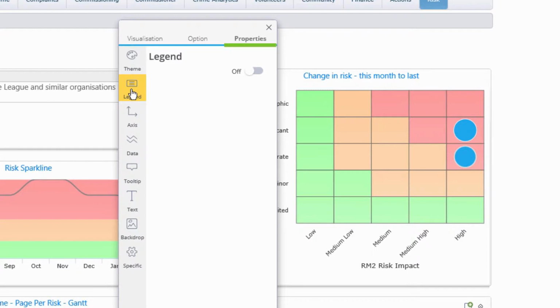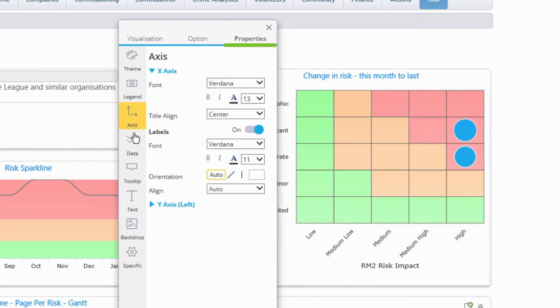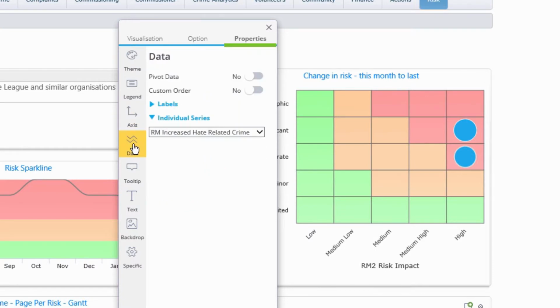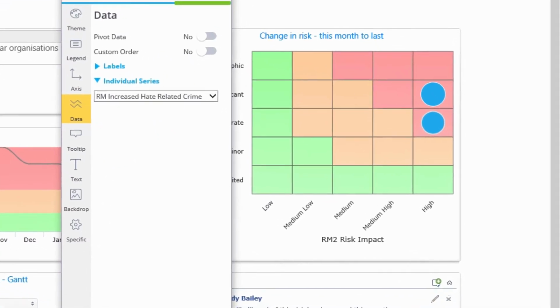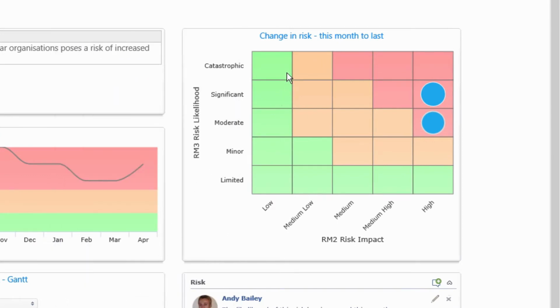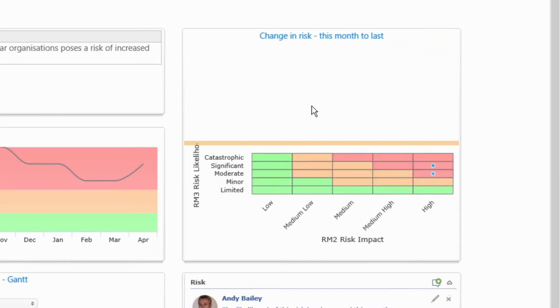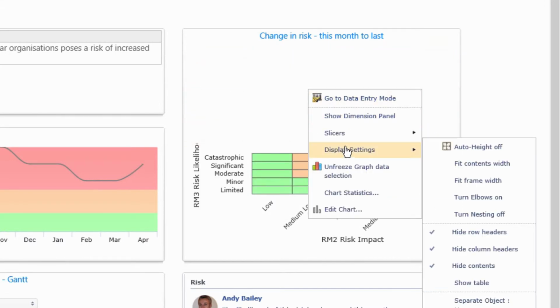We can choose whether we want a legend to appear. We can have control over our axes, the data point labelling, and so on. Let's just close that now and have a quick look at the data behind the widget itself. If I just scroll the divider down here, I'm just going to now bring up my display settings and choose